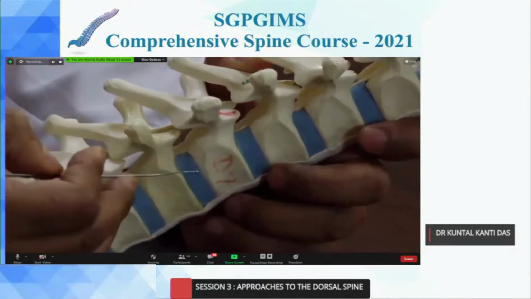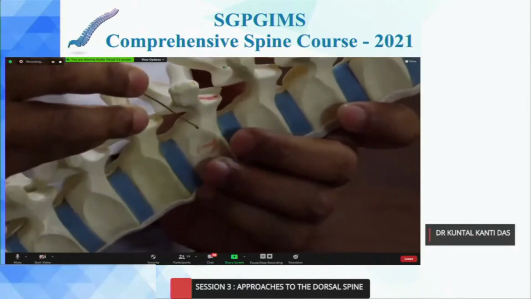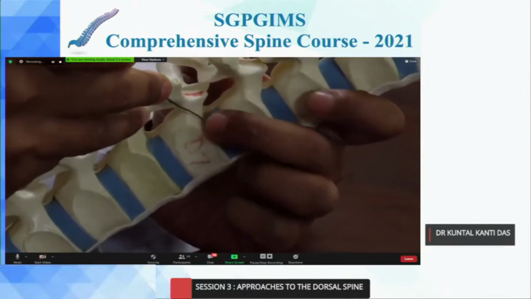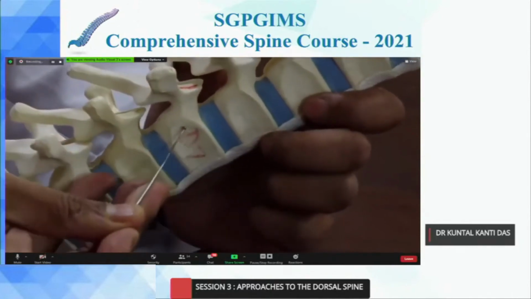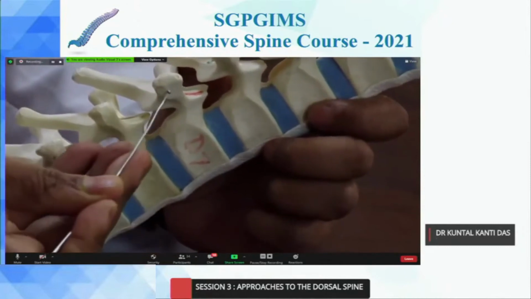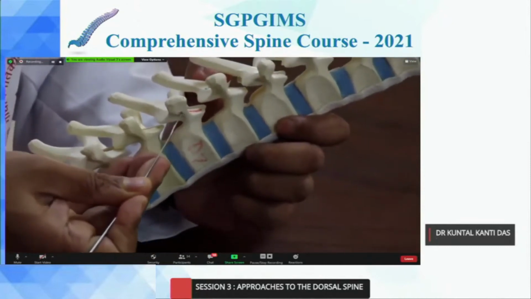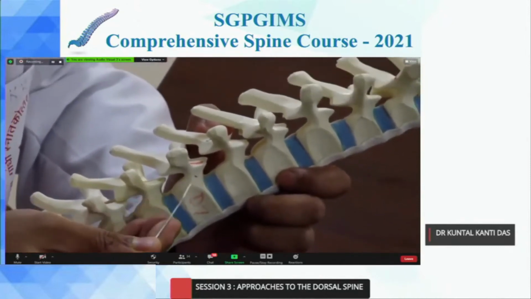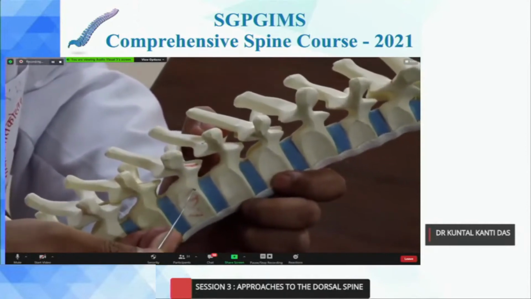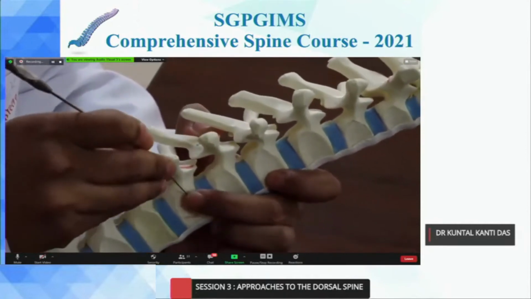Now to understand that, you have to first understand the orientation of the rib that is attached here. This is a D7 vertebra, so the 7th rib will come and it will attach at 2 points. At the transverse process, it is called costotransverse joint, and to the vertebral body known as the costovertebral joint. So this is how a rib is attached.